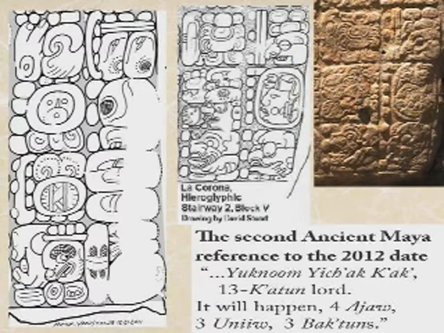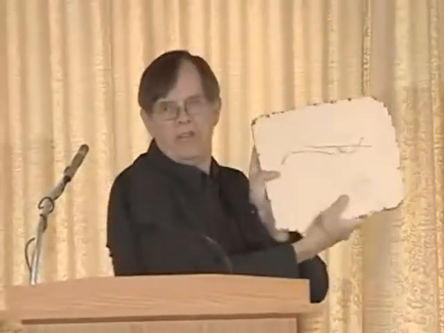And here's a cast of one of these steps. You can examine this, suitable for hanging. I actually have this for sale. Several scholars and I, including John Carlson, invested about $8,000 to buy these three things when they came up on the market 2 years ago. And we repatriated them to Guatemala. And now that they found a whole new step, they have a whole lot more to go with.